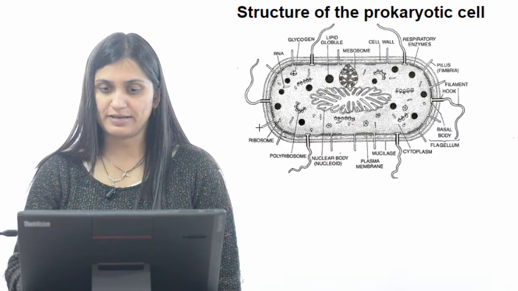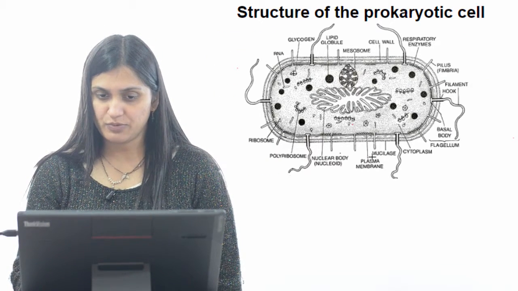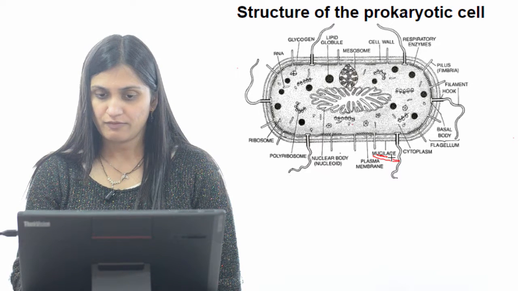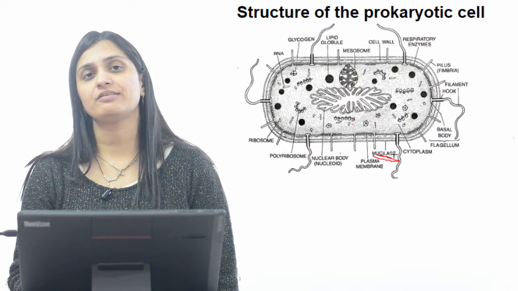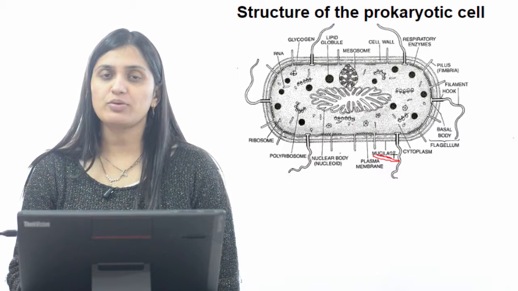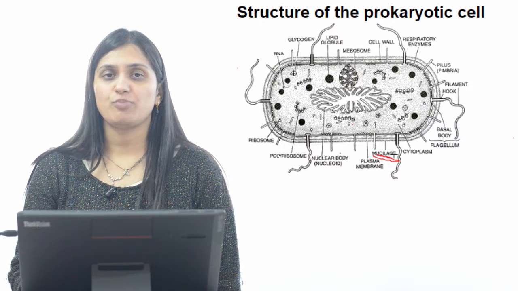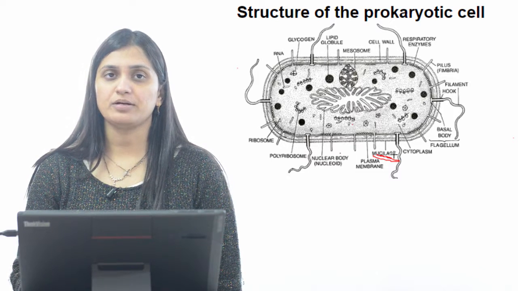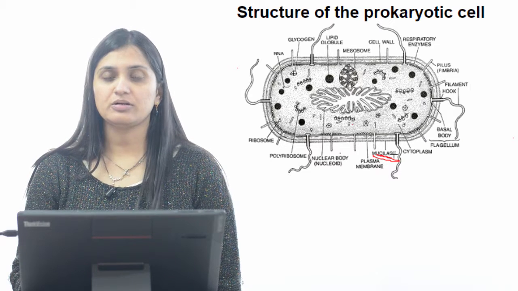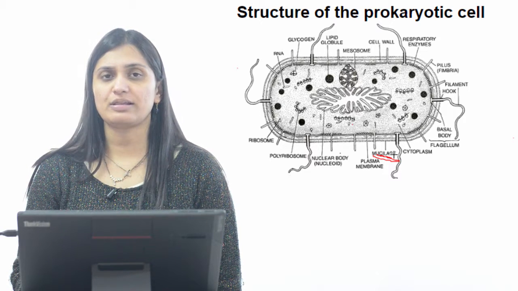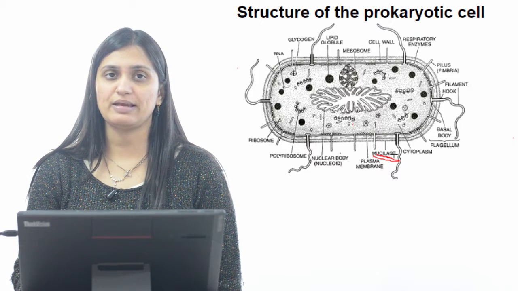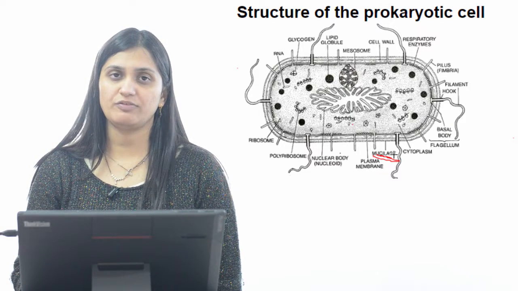Now, if you look at the diagram here, this is the mucilage. This is another name for glycocalyx. So, mucilage is the outermost coat of the bacterial cell and it is formed of polysaccharides, and in some bacteria it can also contain polypeptides. Glycocalyx is not essential for the survival of the bacterial cell,